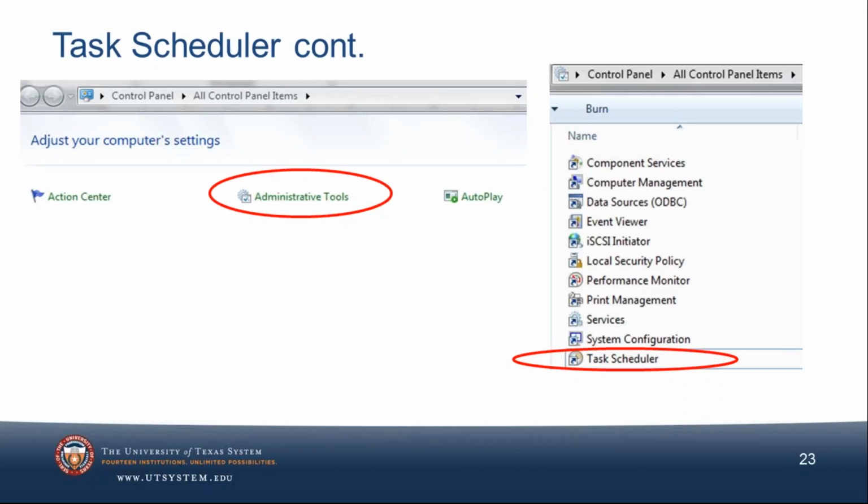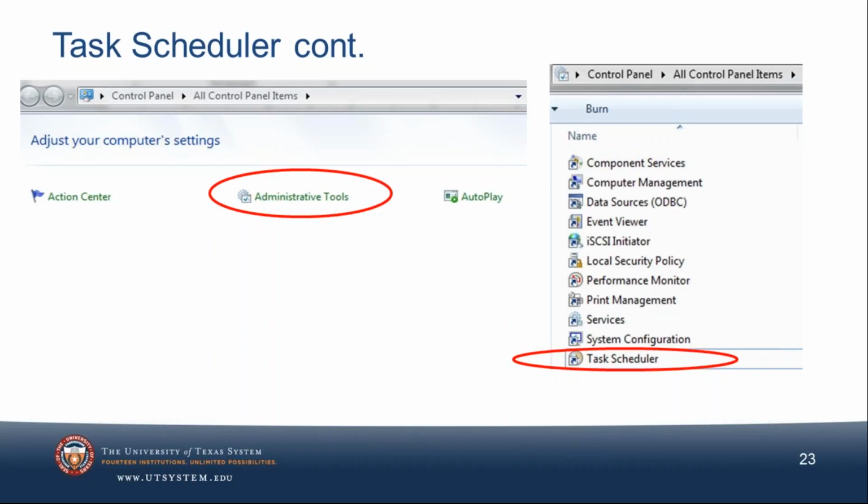And what I have waiting in the wings to run is just a script. It's just a message. It's using that message box command, and it just says, like, this is a task scheduler. So when you use the task scheduler, you're going to set it to appear at a certain time. In order to do that, you have to save the script as an executable, which you can do through IdeaScript. So when you're setting up this task scheduler and it asks for the program, when you say it's going to run a program, we have an executable that it can run.